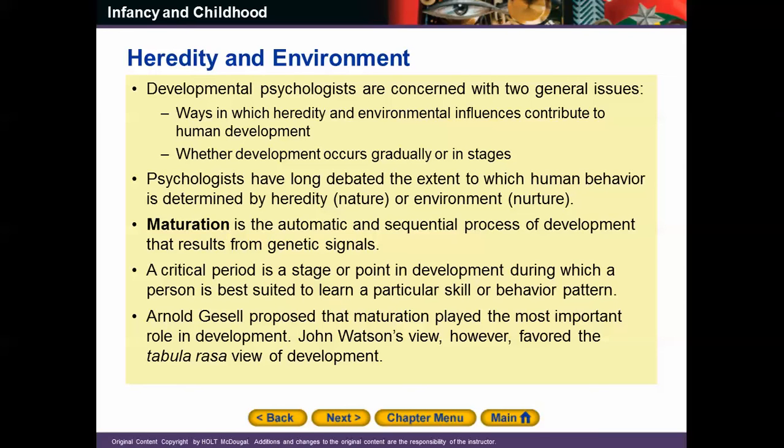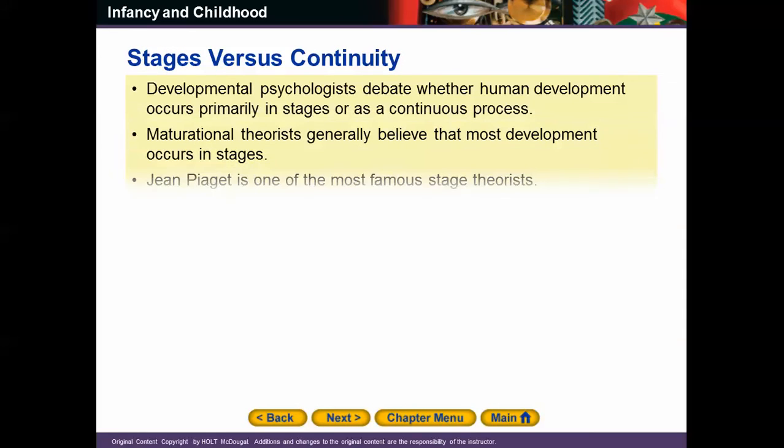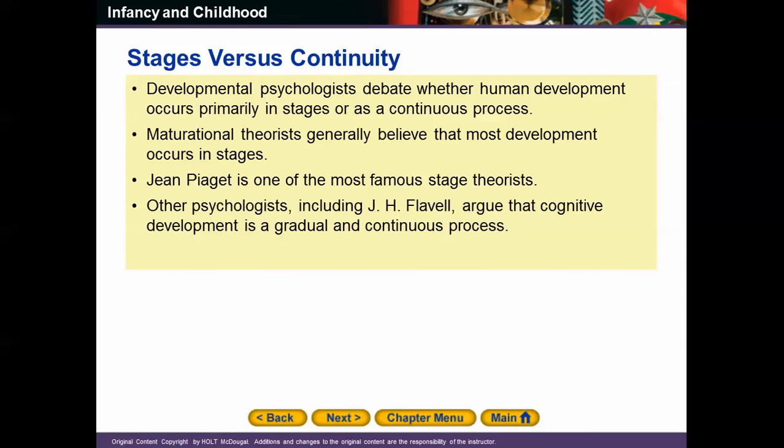But later, John B. Watson came along, and he said that children learn many behaviors from the surrounding environment. And then you had Piaget, who was one of the first to suggest that nature and nurture interact together and that they are inseparable. The nature of one's inherited genetic makeup and the nurture of one's parents and other family members, teachers, friends, and social institutions combine to form an individual's unique personality. And today, most psychologists accept Piaget's point of view.